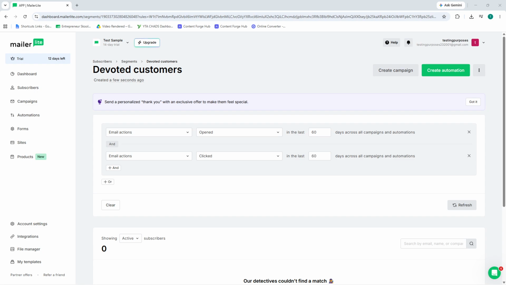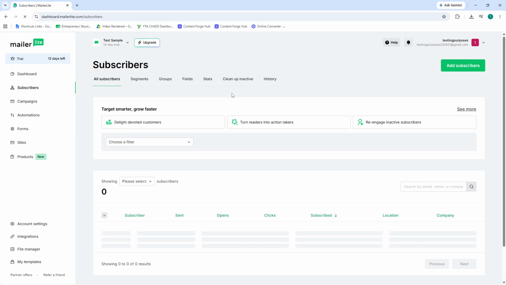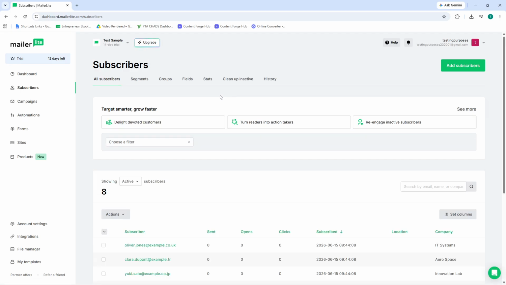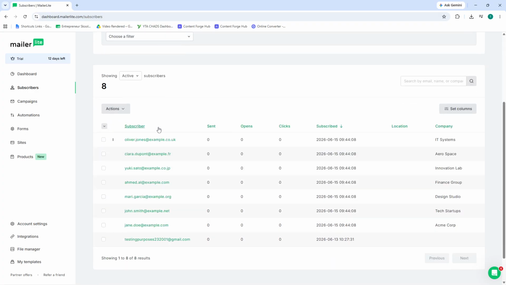These fields become powerful filters that you can use to hyper-personalize your email content. Of course, fields are only useful if you populate them. Update your subscriber profiles with relevant data whenever you have it. You can do this manually for important contacts, or you can collect this information directly through your sign-up forms. The more data you have, the better your filtering and segmentation options become, and the more relevant your emails will